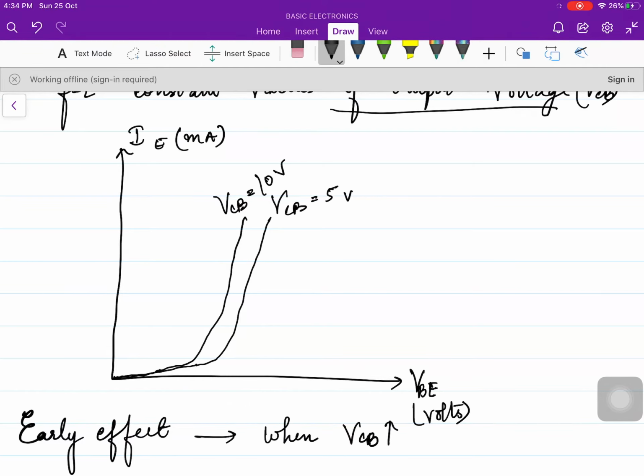input current. We have already learned that BJT is a current controlled device. That means all the parameters are going to depend upon the input current. We have already discussed it in the first lecture of module 2. So in this case, we should remember that all the output parameters depend upon the input current. That is why we are taking constant values of input current, which is IE. Now let's first of all draw the characteristic curve.